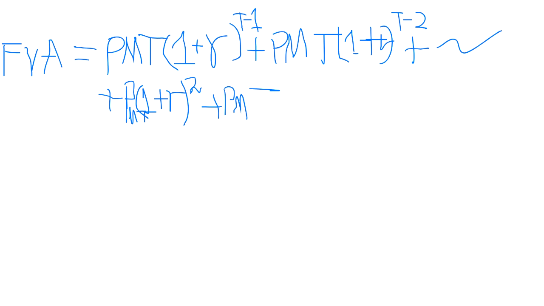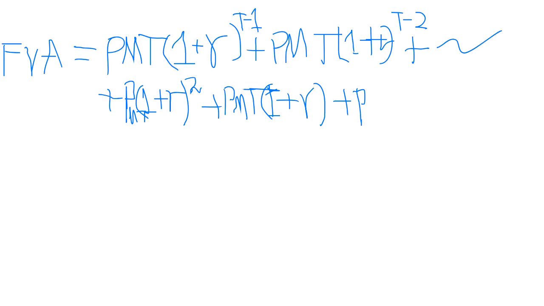It's so difficult to write with a mouse. And the last deposit, I told you, we don't have to write the 1 here. The last deposit doesn't earn any interest,